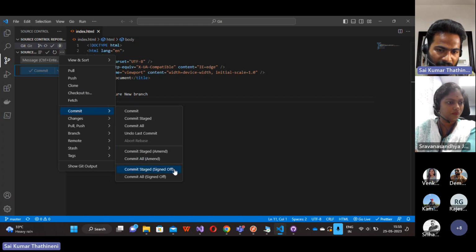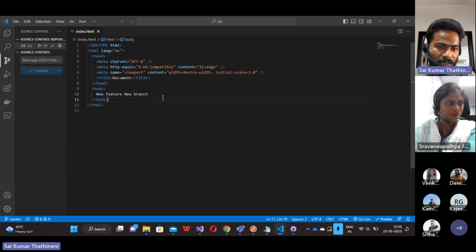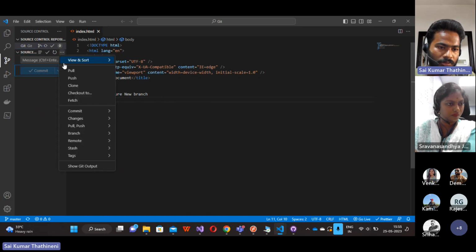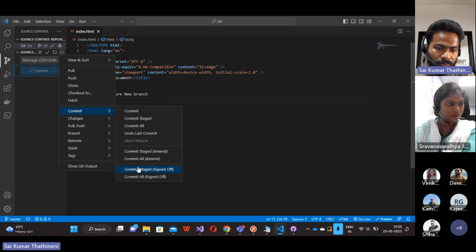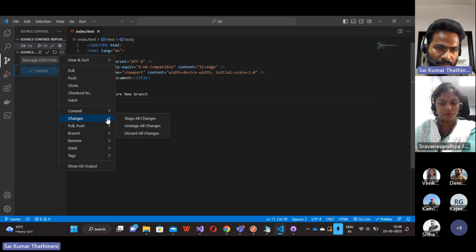So commit staged signed off. If you want to add any other authors as well, for this one I am the author. If I want to add any authors for this one, then I'll go with commit staged signed off. If we have multiple authors for a project, we can go with this one. And this is the same as this one. And coming to changes, if we have any present changes, we can stage all those changes, unstage all changes,